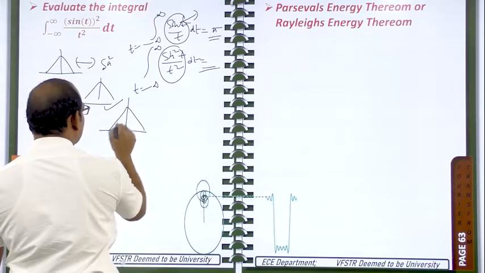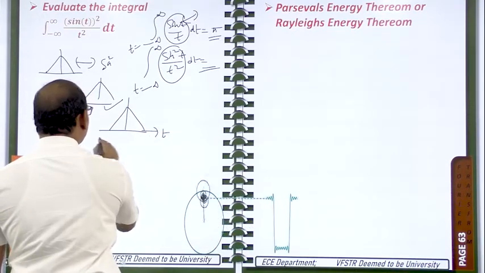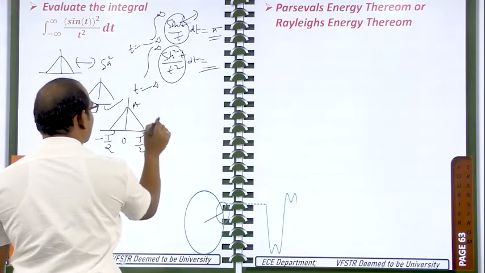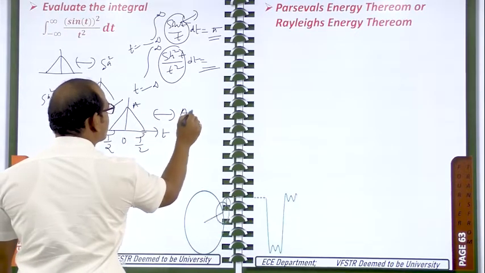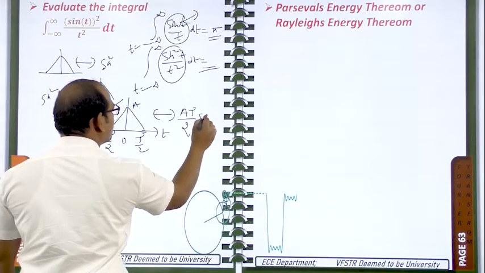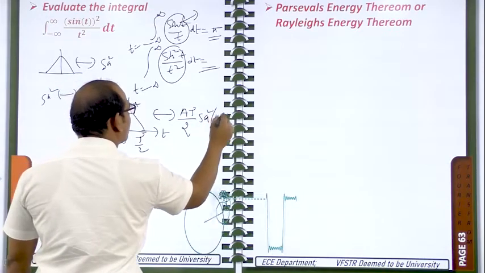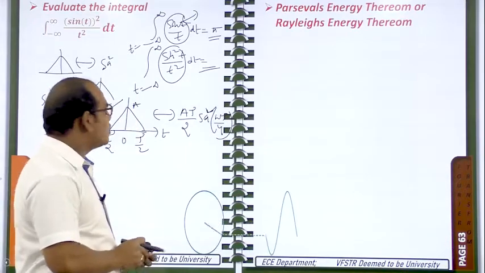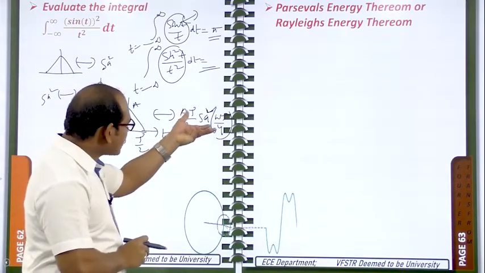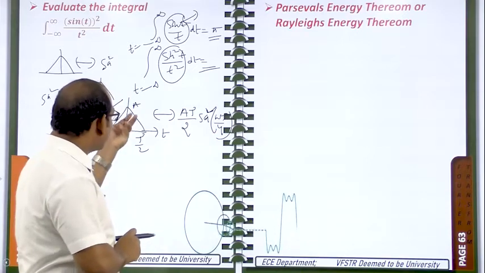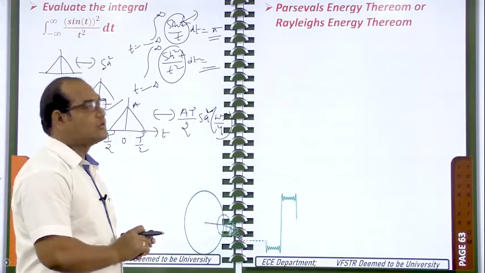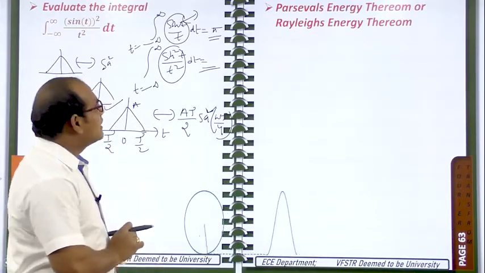So you see here, the triangle is available in the time domain, from minus tau by 2 to plus tau by 2 with a peak value of capital A. Then its Fourier transform is given by A tau by 2 sampling square of omega tau by 4. This is the correct expression. So apply the duality property, bring this sampling square function into the time domain and this triangle function into the frequency domain, and do it in the same manner. You will get the answer for this one. Okay. Thank you.